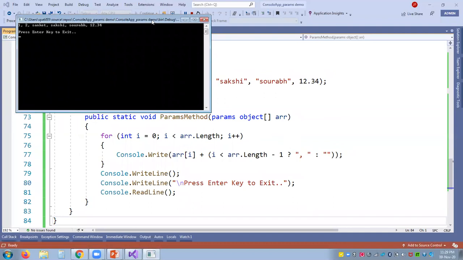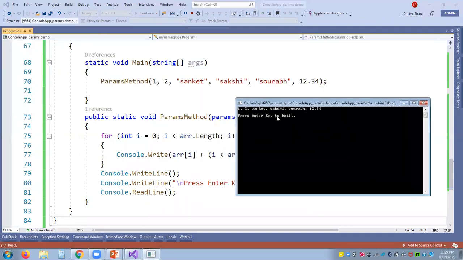You can observe that we are getting all the data, multiple data which we sent from the main: 1, 2, Sanket, Sakshi, Saurabh and 12.34.